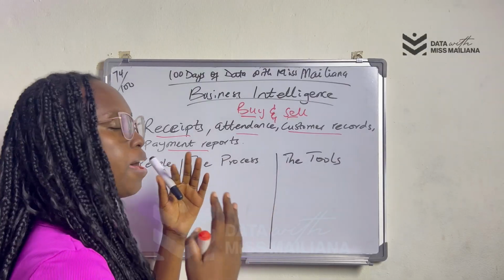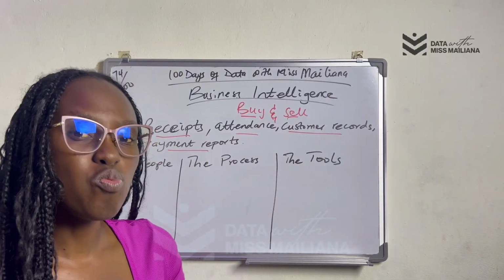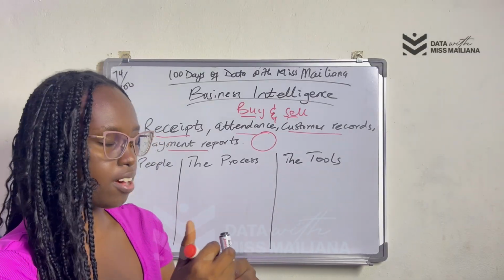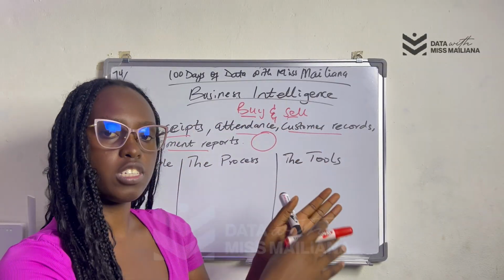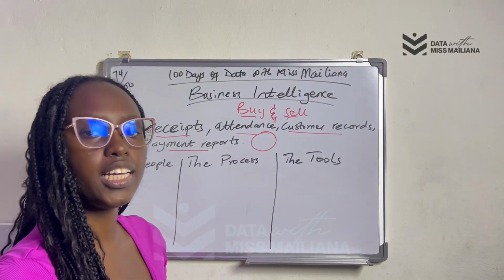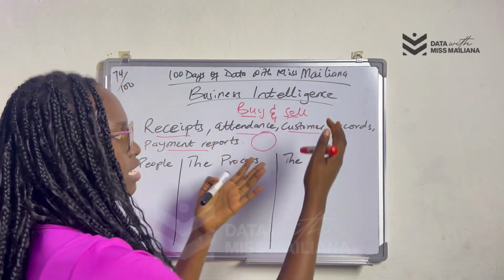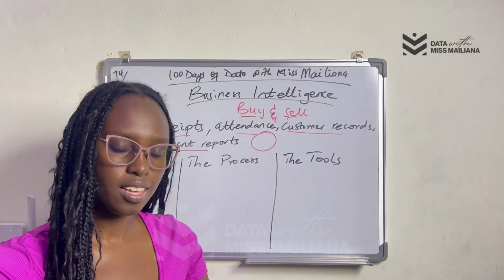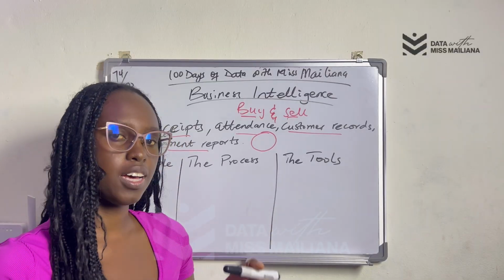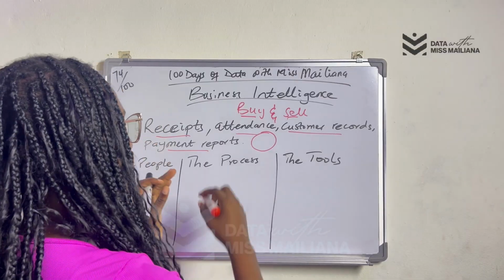The work of a business analyst or business intelligence analyst is to find a way to connect all the data together to form an ecosystem or a circle, so that the receipt feeds into this, attendance of the staff feeds into this, and you become like the brain making sure the business runs well. Hence business intelligence: you have the intelligence of the business at your fingertips. At this point, if I keep saying that all these things you are learning make you a stakeholder, I mean it. Yes. So that is actually it.